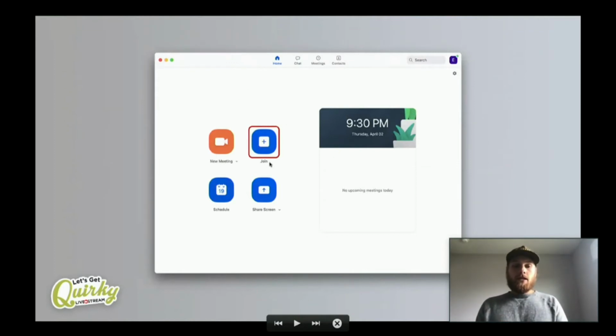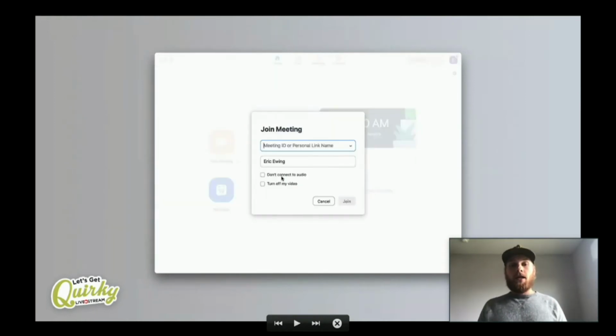We have new meeting, join, schedule, and share screen. The join button is just kind of how it sounds. It's joining a meeting. So in the instance that your meeting host or the person who set up the meeting has given you a meeting ID, you can click that join button and then it'll have a pop-up that says join meeting, and you can enter in their personal link name or their meeting ID and join that way. It's not the way that we usually will join meetings. Usually we'll just join them through a link that the host has given us,